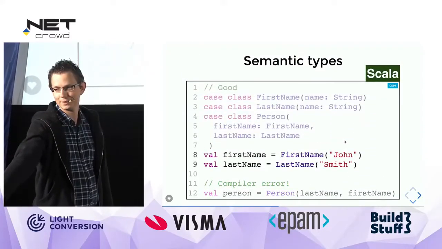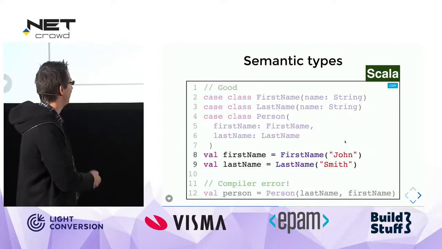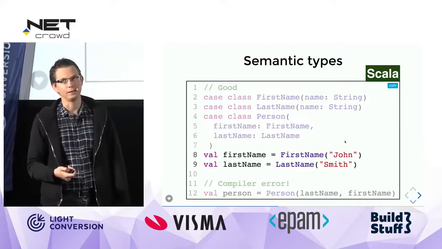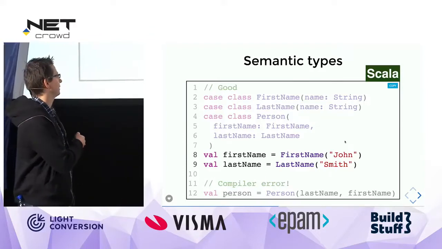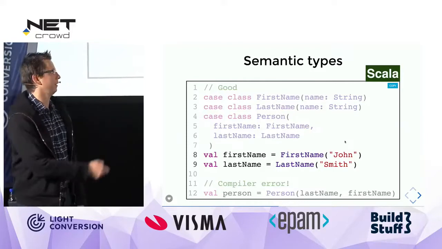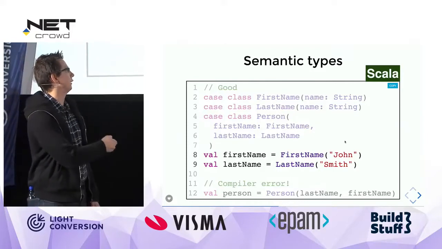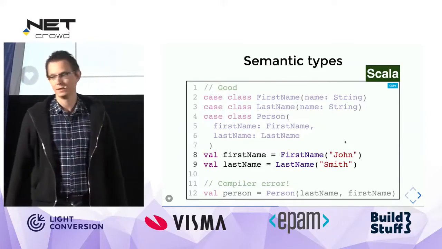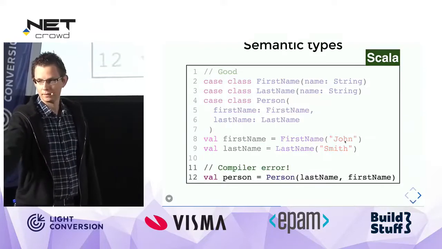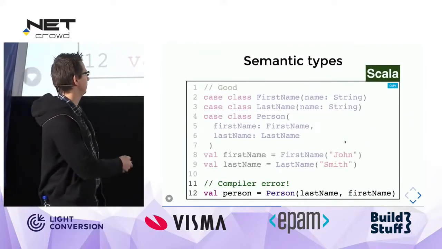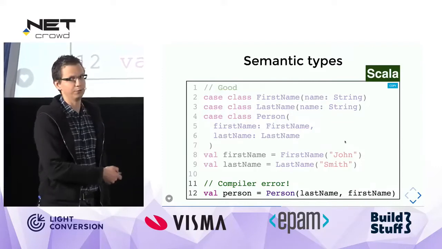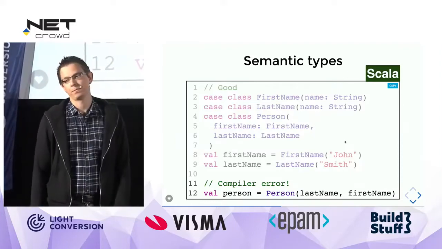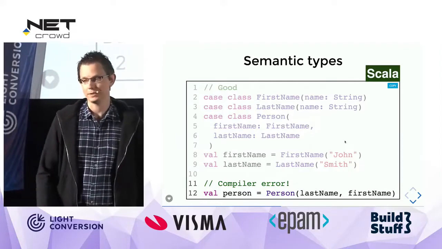And instead of assigning directly, we do this, which still can be, you can still make an error, but it's a lot easier to see. Like if I wrote first name equals last name, that's a bit easier to see. It's very explicit and in your face. And then if you do mix up these two things, you're going to get a compiler error because the types do not match. So it's a very simple idea, but it can save you.